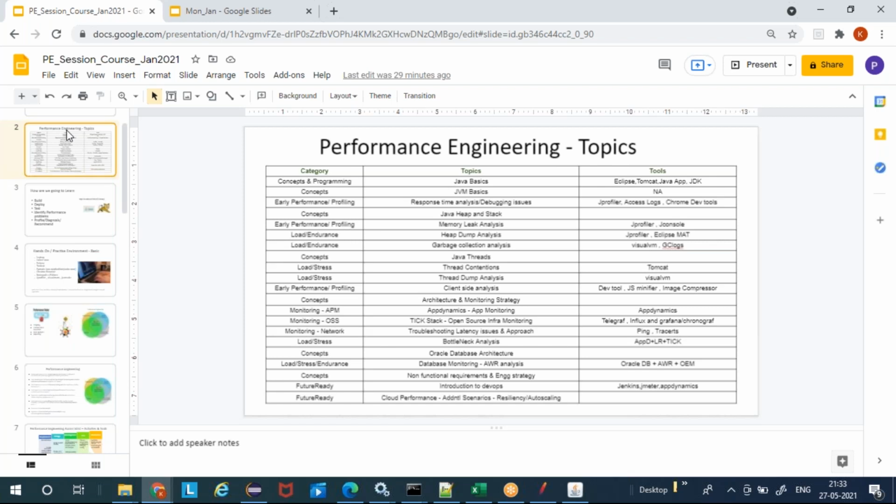When I started engineering, I didn't have any knowledge. I was a mainframe tester, mainframe developer initially, so it was completely about COBOL and JCL and DB2. I didn't have any experience on the Java side. Moving from performance tester to engineering, it was all about the need. The need was to do all this profiling. Initially it was very tough, I didn't know what is what. We just used the tool blindly and provided the analysis. We would get a lot of questions from developers and architects. They would not even accept our analysis a lot of the time, but as time went on, we were able to get into the groove.